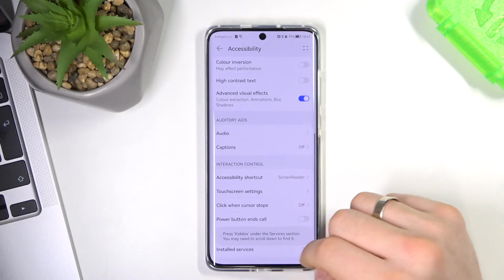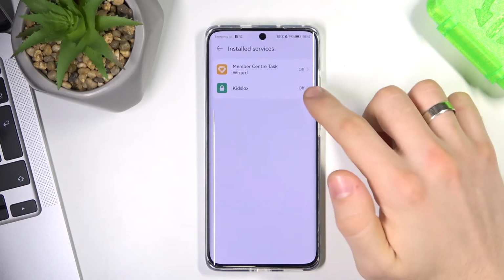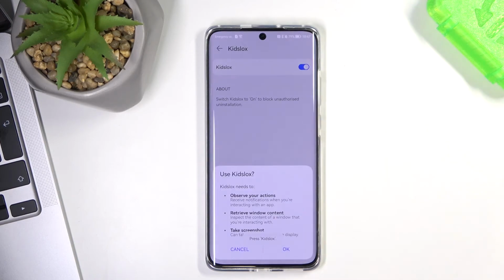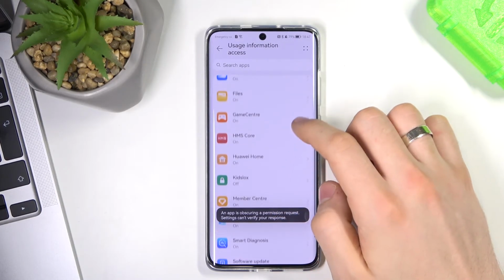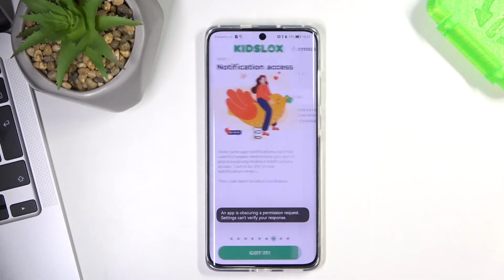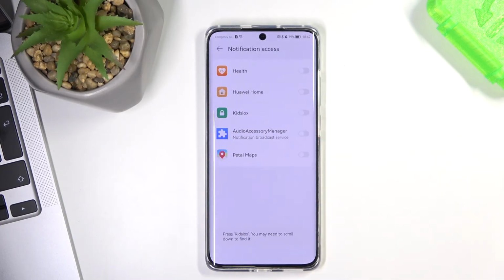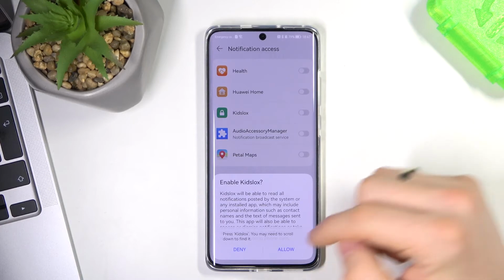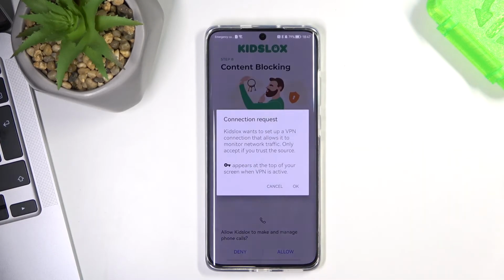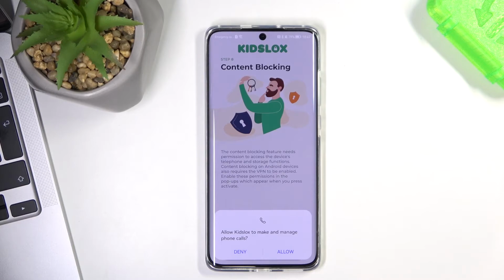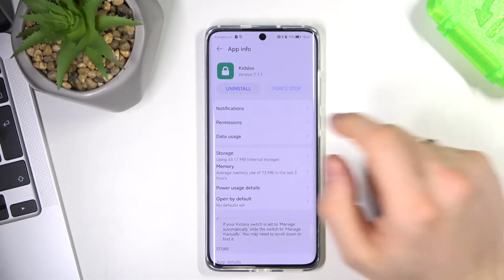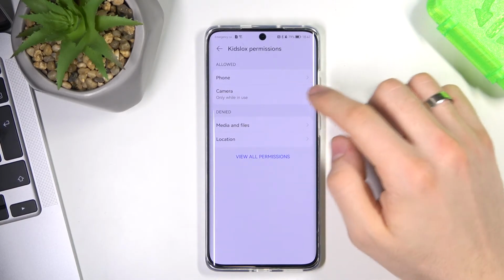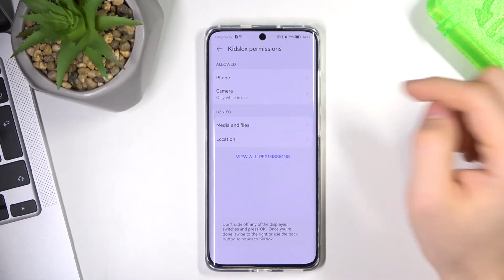down, use installed services, choose Kidslox and enable and tap the enable button. Okay, let's do it. Scroll down again, choose Kidslox, enable button. Got it. Kidslox enable button, allow and activate. So choose the OK button, allow, and let's go. Now choose the permissions button, choose all, and now you need to